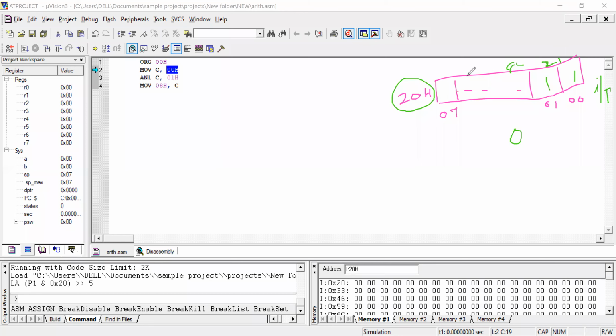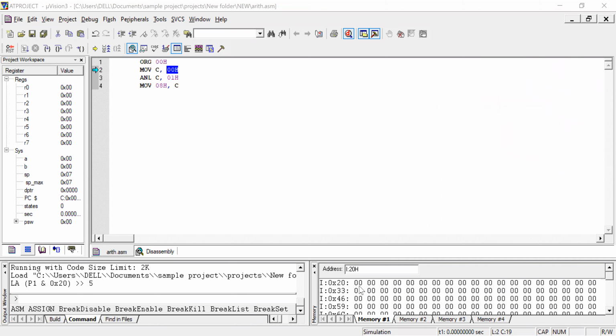The bit weights are 8421, and initially they are 0. For the bottom 4 bits, the data is 3. This is my input. So now I should load my input into location 20H in the internal memory.